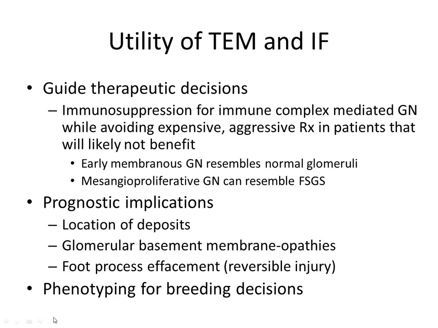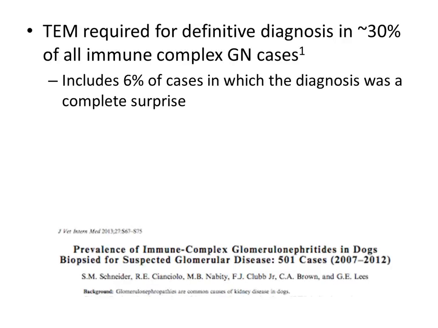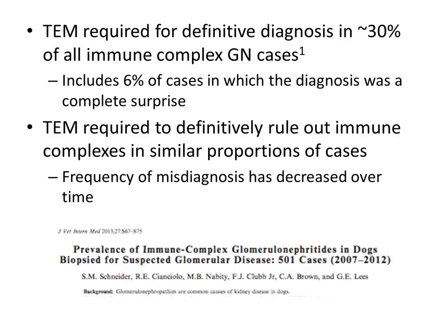And then also, if it's something that might be hereditary and you need to know whether or not it's maybe an abnormal GBM, this will help you with the phenotyping if owners are deciding to breed or not breed dogs. And then this is exactly what George was just mentioning, the paper that came out with the JVIM supplement.